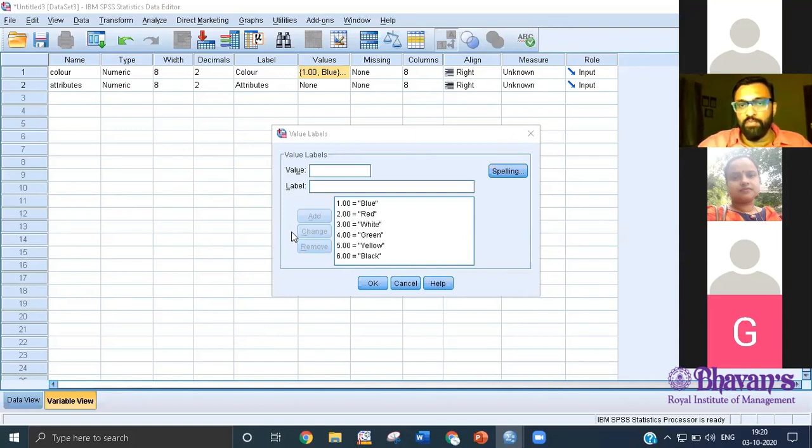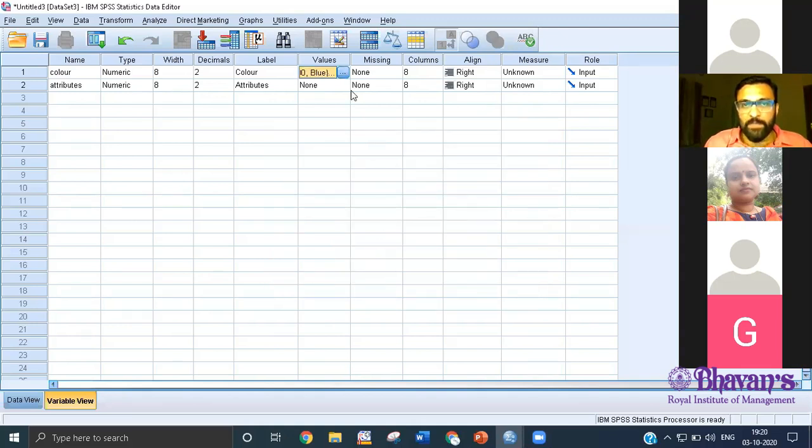So 1 equal to blue, 2 equal to red, 3 equal to white, 4 equal to green, 5 equal to yellow, 6 equal to black. Okay. So you will be able to do that. And if you have done with that, you can click on OK. So the next aspect is